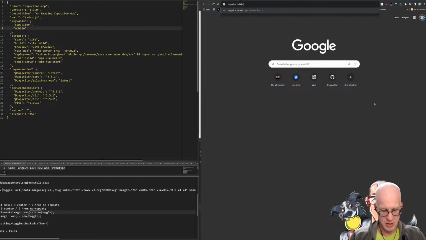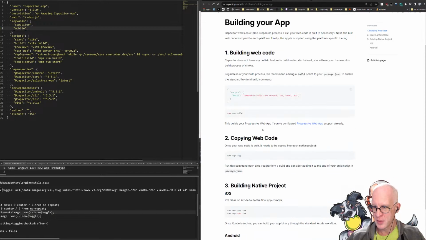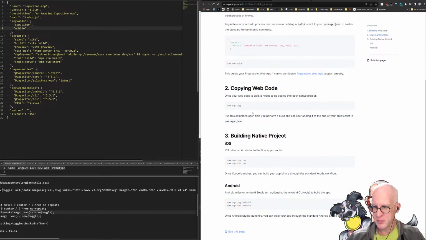Capacitor build Android. I need to put that into the package scripts. Building your app, npx copy Android, and Android Studio. Okay, so